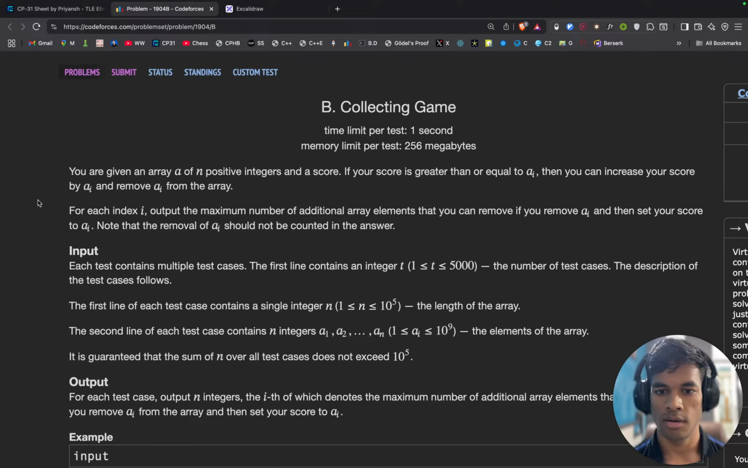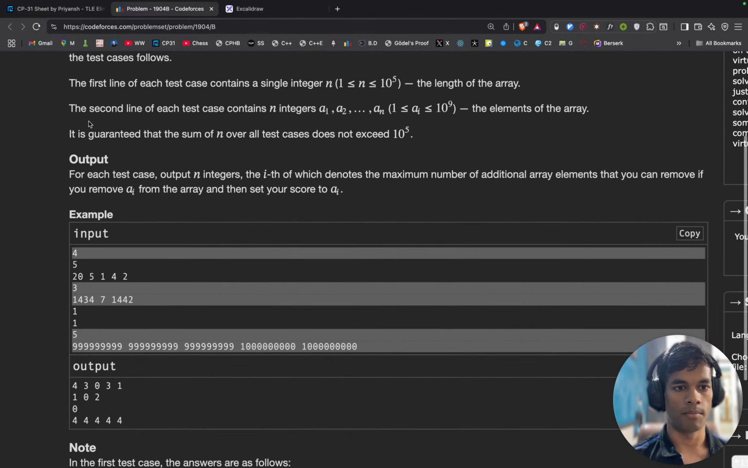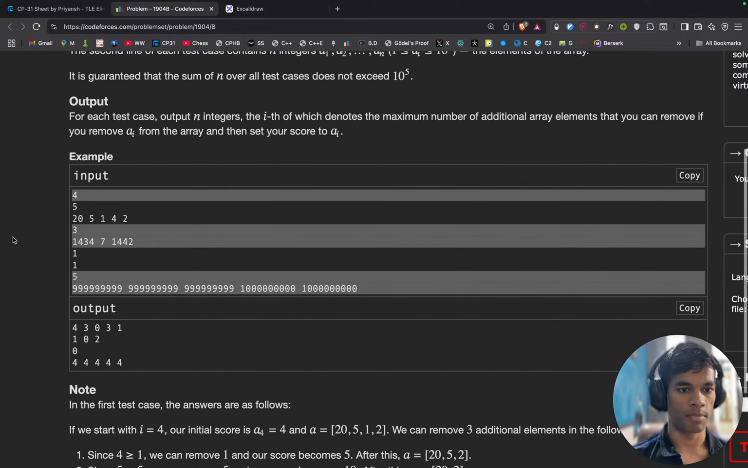That you can additional elements that you can remove if you remove AI and then set your score to AI. Note that the removal of AI should not be counted in the answer. But what do they mean by setting my score to AI? The second line of each test case are the elements. It is guaranteed that the sum does not exceed. Okay,